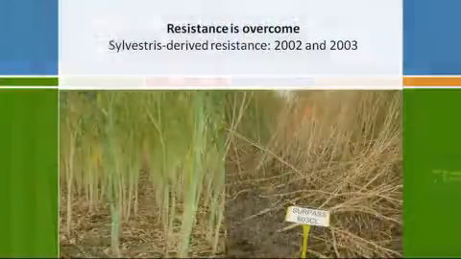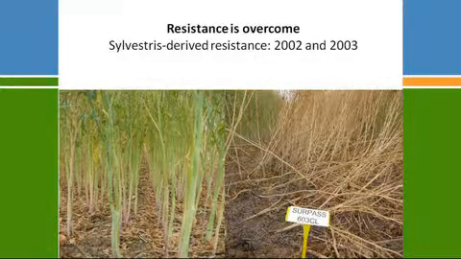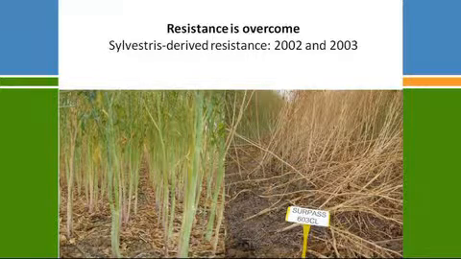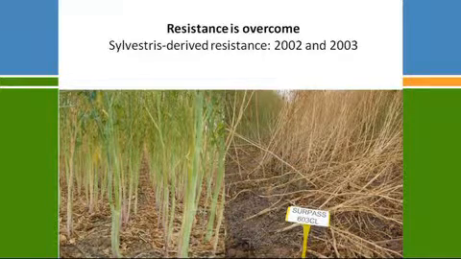The next issue we have with blackleg, as I said, is that we can lose resistance very quickly. This is just a quick reminder of what happened on the Eyre Peninsula a few years ago, where the crops were immune and then became totally susceptible. And this was a gene-for-gene interaction, so they had the seedling resistance, the resistance was overcome, and we lose our